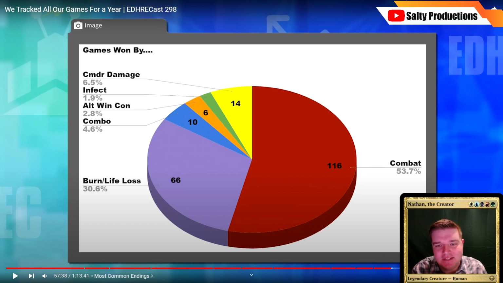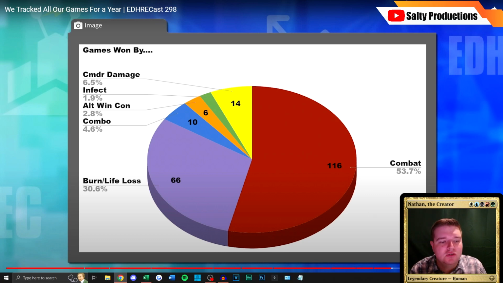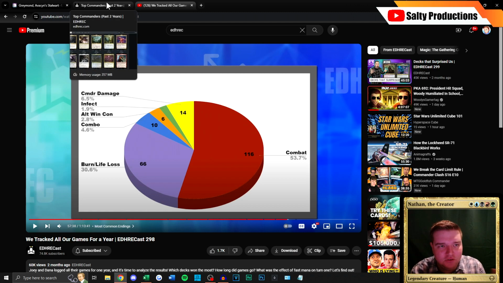EDHREC cast 298, and this is from Joey's data around approximately 200 games or so. So we see that combat finishers represented about 54% of his overall finishes, followed by burn and life loss at around 31%, followed by combo, and then we have some alt-win cons, so things like Approach of the Second Sun, and then there was also infect and commander damage. So the top two categories here are combat, then burn and life loss, and then commander damage is number 3. So that sort of jives with our data,